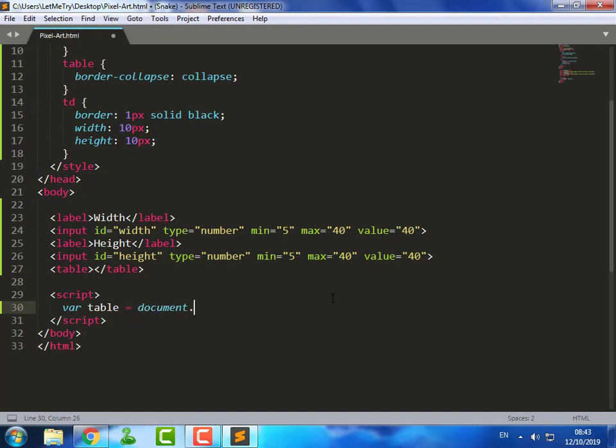Get their DOM objects, the table and the two inputs, of course.